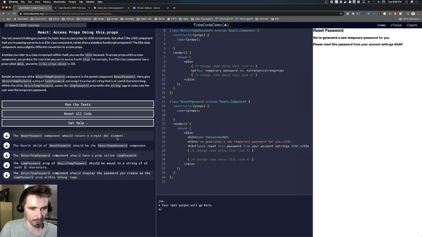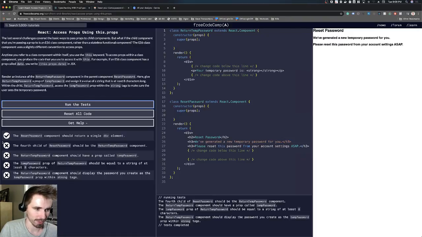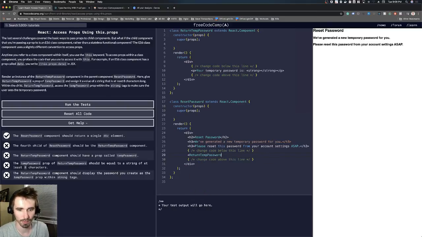ResetPassword component should return a single div element. I like to just run these tests because it tells you what you should actually care about, because a lot of times most of their tests pass just by default. Fourth child of ResetPassword should be the ReturnTempPassword component. Well, that's not the case. So we should do that. ReturnTempPassword. And I bet you have a prop that you need. Probably. The tempPassword